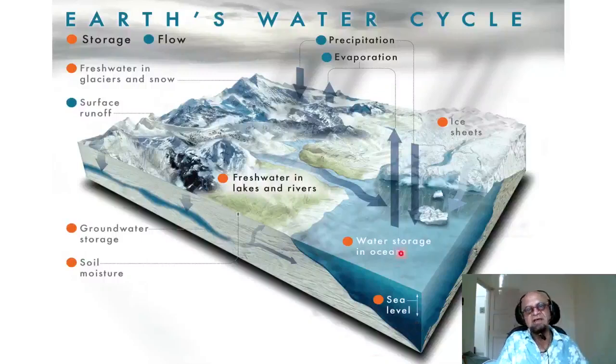So sea level depends on how warm or how cold the ocean is, or it can also depend on the melting of the ice sheets, which releases water into the ocean, or melting of the mountain snow and so on, that can come as rivers into the ocean. Okay, so this is in a simple way the water cycle. Of course, water goes into the ground and gets stored as groundwater. It comes back out into lakes and rivers and so on.